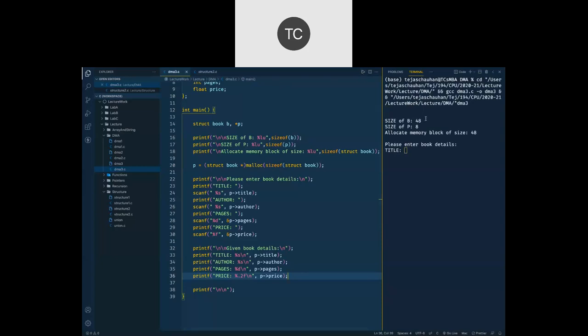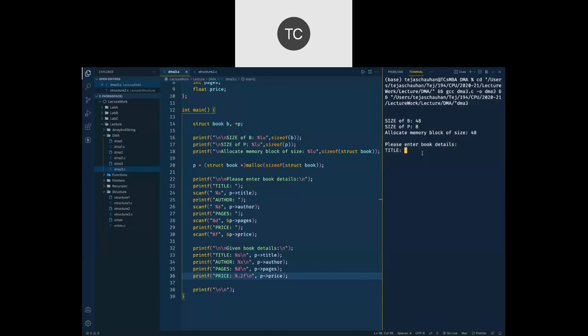It says the structure requires 48 bytes, but the pointer variable requires 8 bytes. So at runtime, we are going to allocate 48 bytes. And once we have those 48 bytes allocated to us, once we have the address of that memory block inside P, using P we can access that memory block.